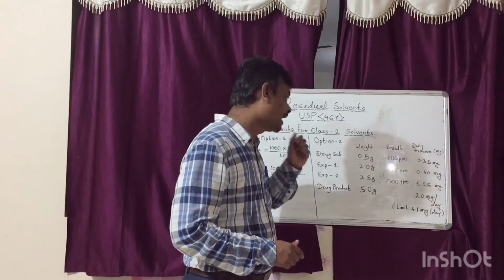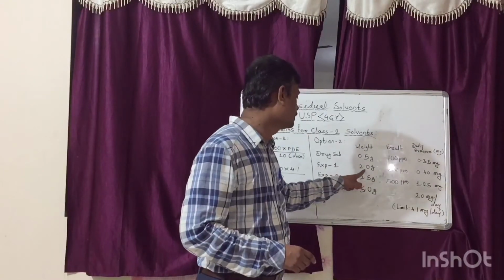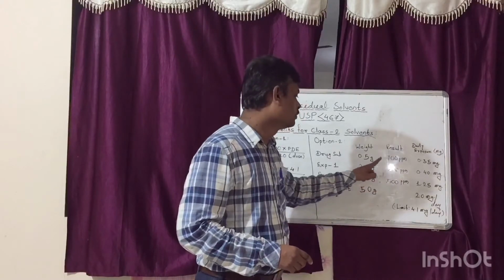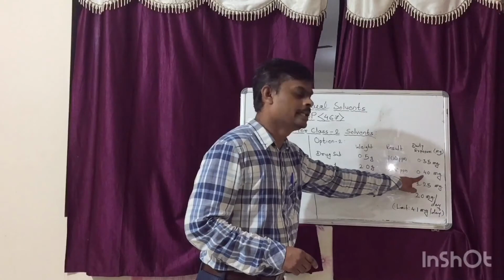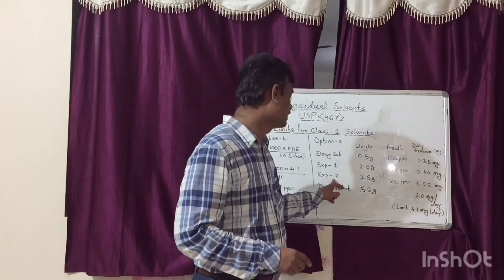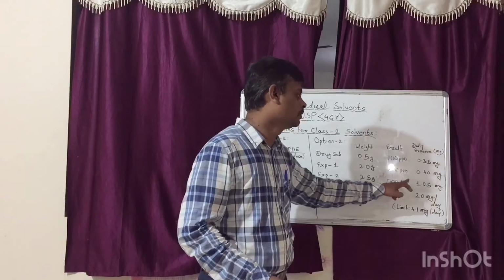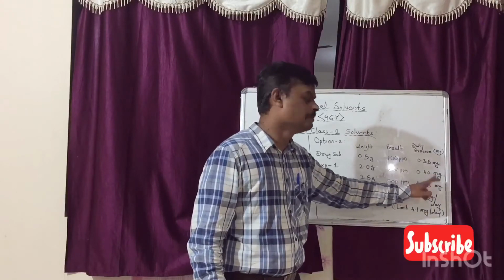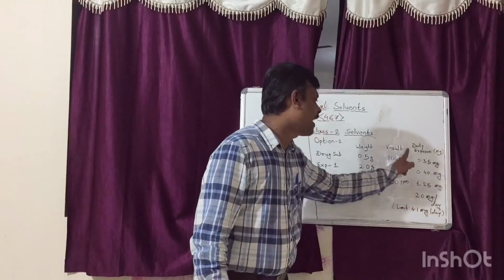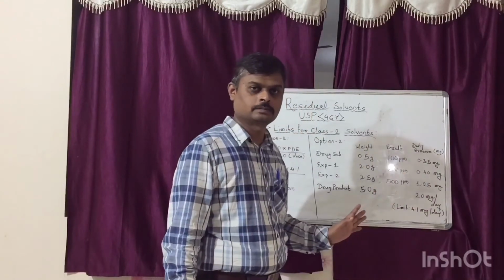Similarly, you can calculate the daily exposure due to excipient 1. The proportion of excipient 1 is 2 gram. The result is 200 ppm, that is 0.2 mg. If you multiply together, the daily exposure will be 0.4 mg. Similarly, for excipient 2, 2.5 gram into 0.5 mg, that will be equal to 1.25 mg. We will add together this daily exposure and final exposure will be 2 mg per day.